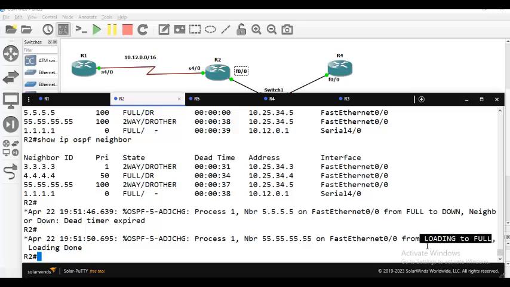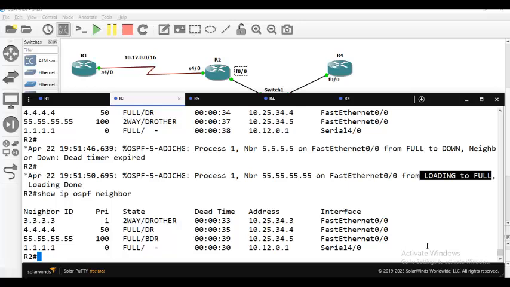You see, 444 is DR. When 55 was a two-way, it has to go through those 7 stages. By the time this is already declared as a DR,